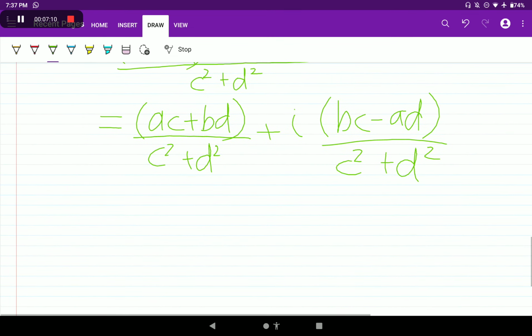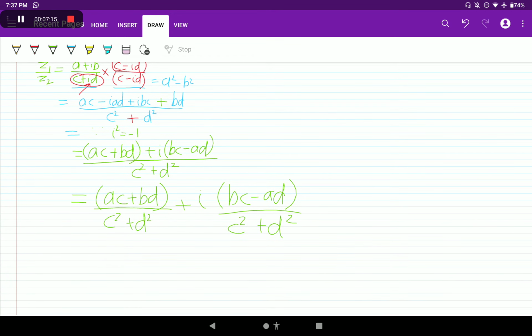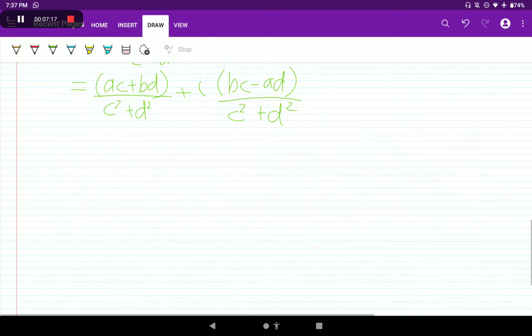Now you can take the screenshot if you need. Next comes